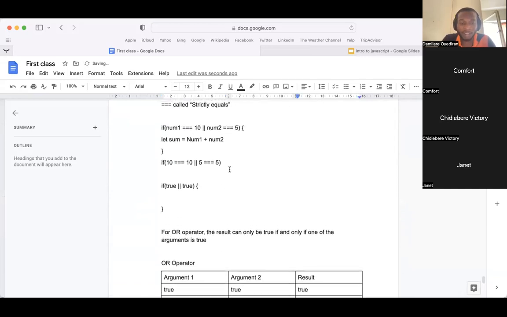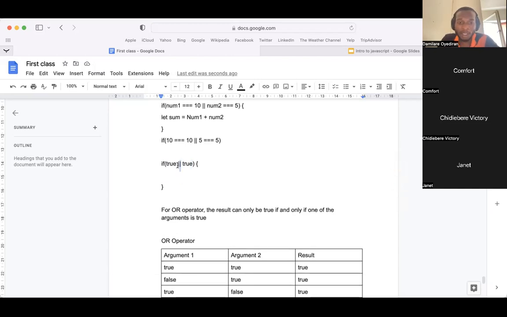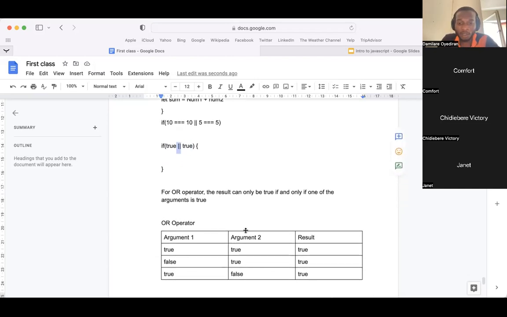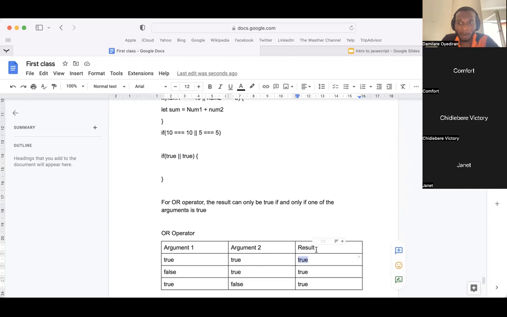Now coming back to this statement, you can see we have one argument true and one argument true. And it's an OR, you can see it's an OR operator. Then the result is going to be what? To be true. It's going to be true. And provided this is true,